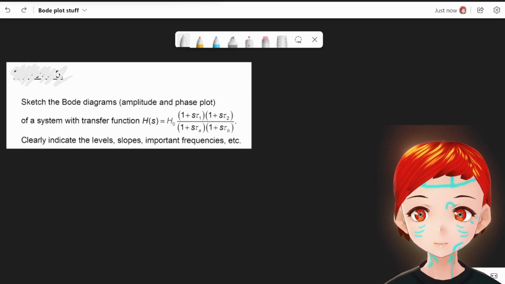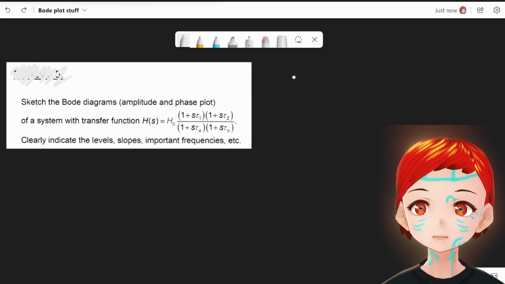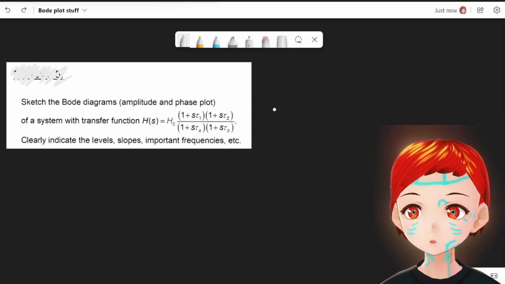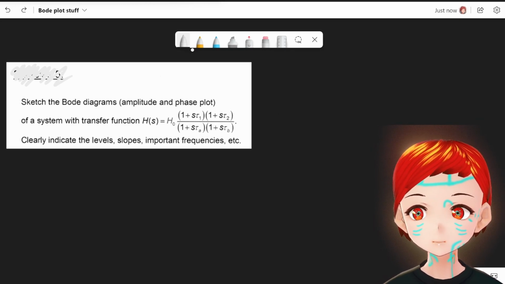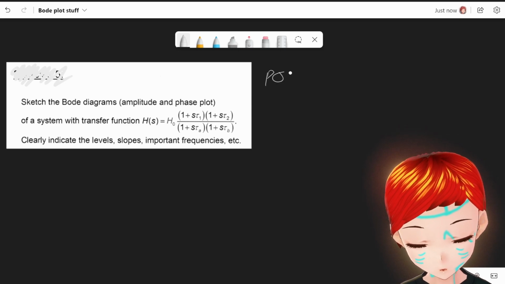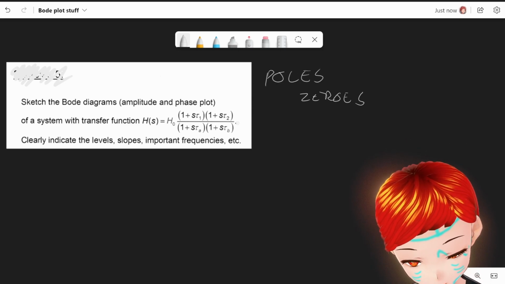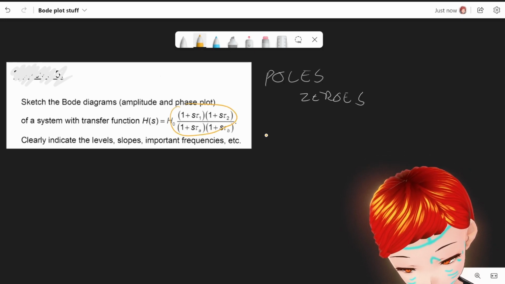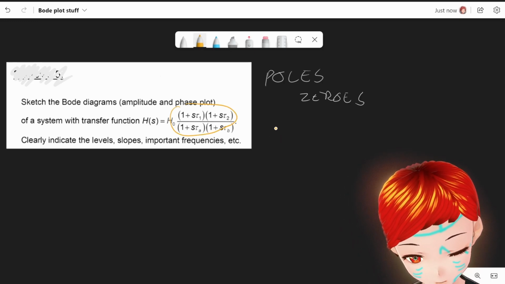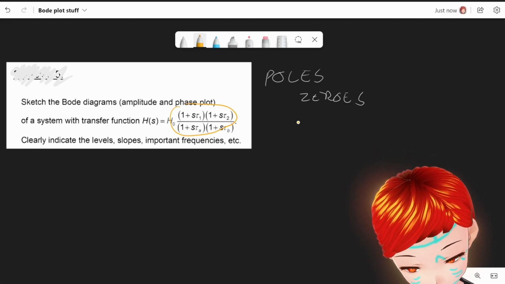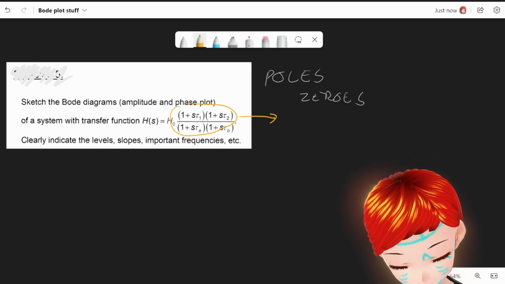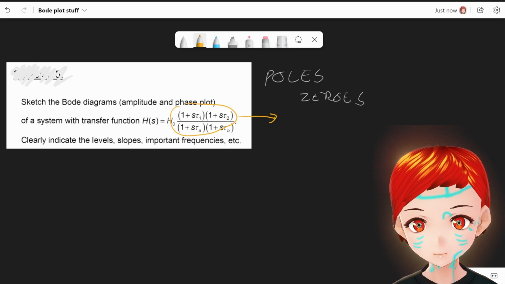So there's this exercise. There's a Bode diagram to be made from the given transfer function. The first step to doing this is getting the poles and zeros from this equation. In this case, it's already mostly prepared, so it's just possible to read out that the poles here are, taken from the top,